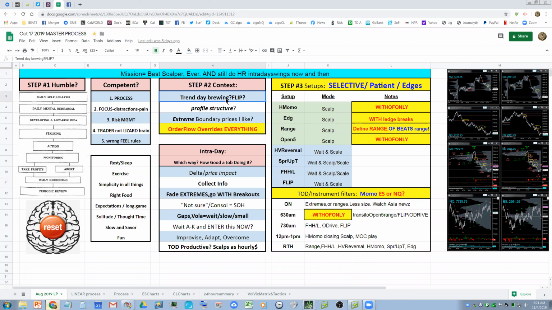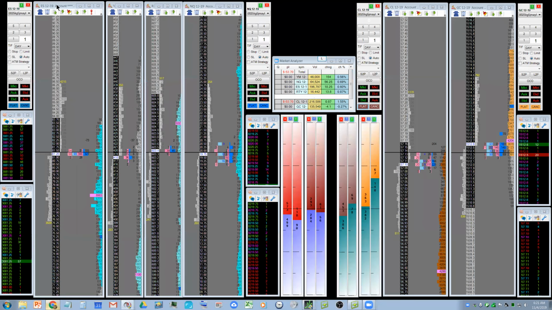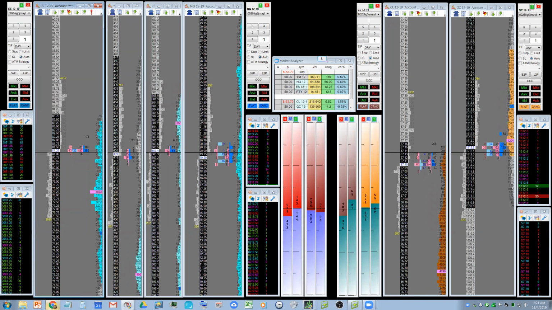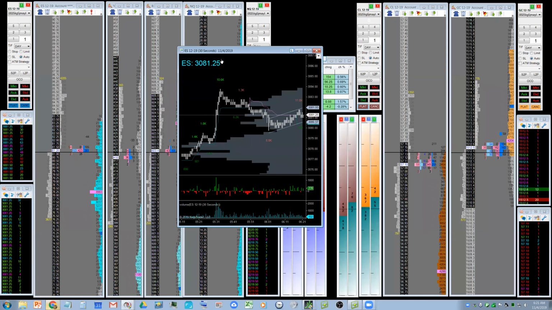So when we get to that setup and we do it in the workshop, we'll talk more about it. But within the context of today, if we're going to see an overnight flip, I want to give it a little bit of time, and I'll watch it develop on the 30-second chart. But I at least want to see it testing this area up here and rolling. I don't want to see it sitting up here, to take that other trade. So that's kind of gaming the two directions.